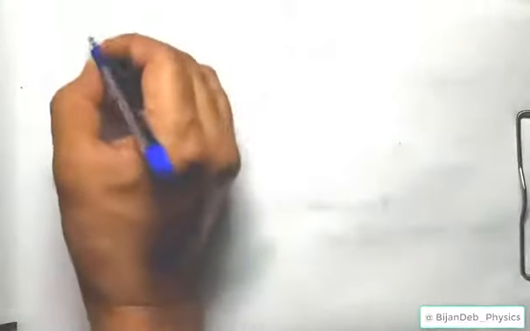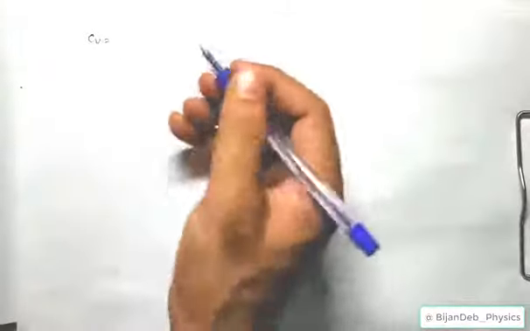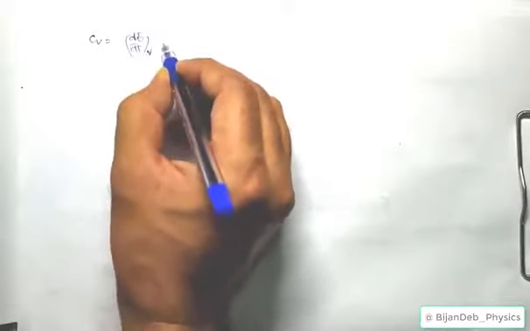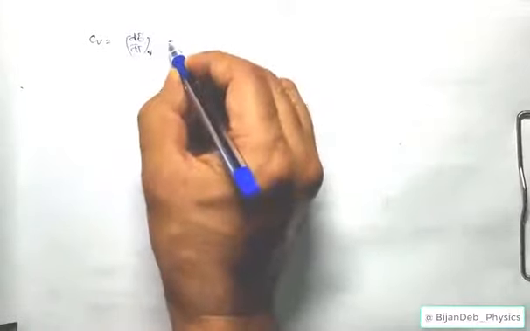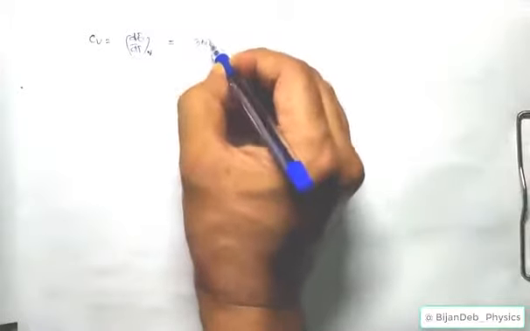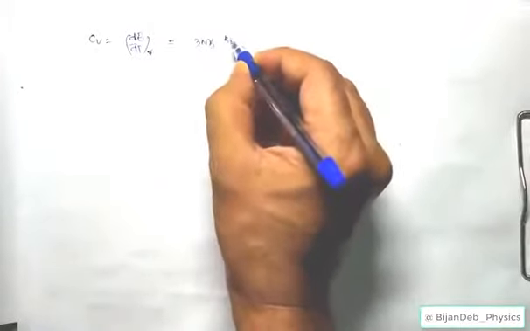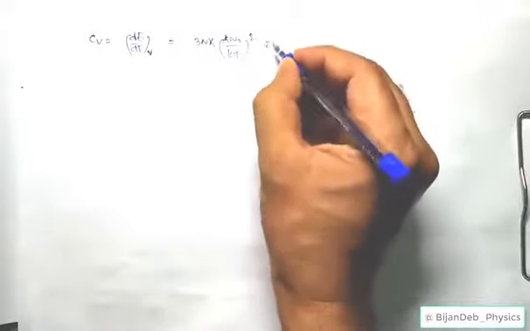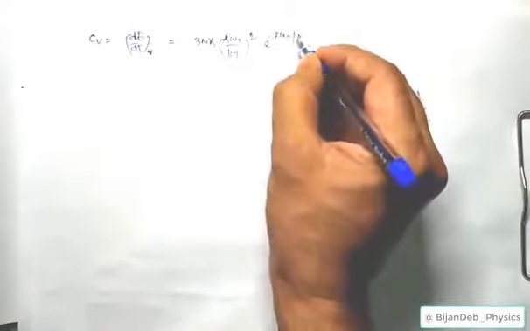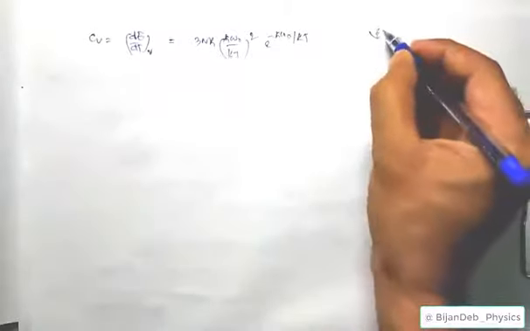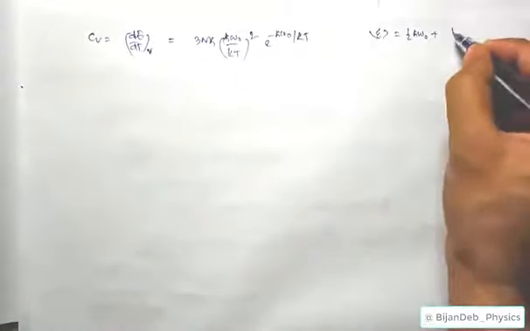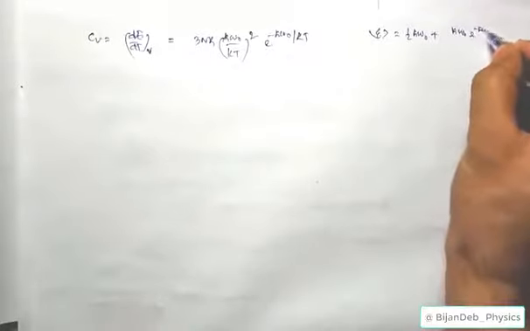So what will be the specific heat? Specific heat, you know, it is dE/dT. So the half will get cancelled, so you know it is dE/dT at constant volume. So the half factor will be gone, and only we will have 3nk (h cross omega 0 by kT) whole square times e to the power minus h cross omega 0 by kT. If you have the expression for energy as half h cross omega 0 plus h cross omega 0 e to the power minus h cross omega 0 by kT